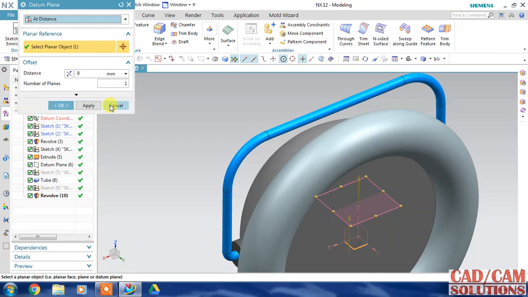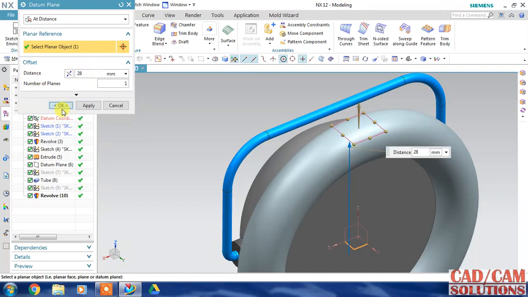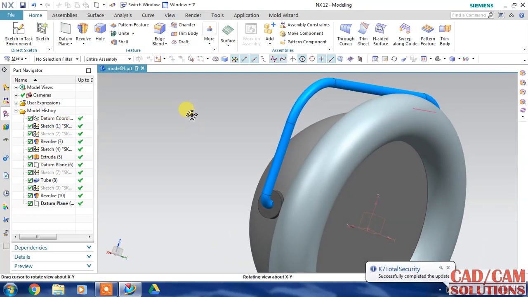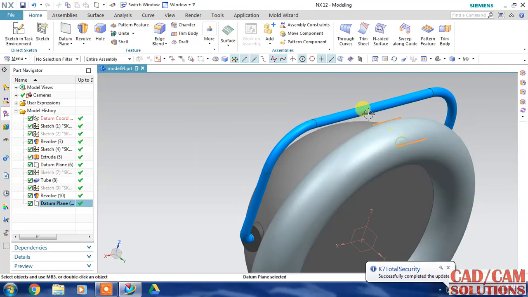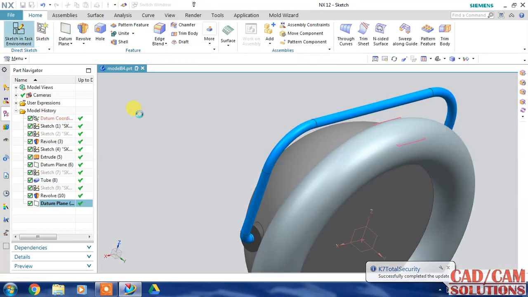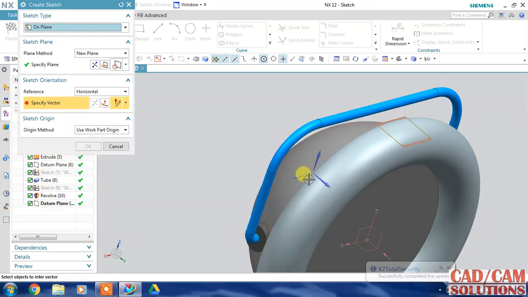So what is the distance? The distance from origin to this curve is 28, I think. Yeah, this is 28. So just type 28 so that it will align with the pipe. Now just create the next section,